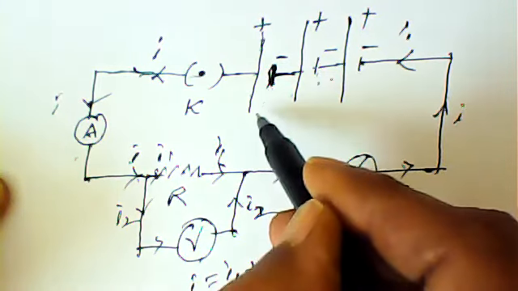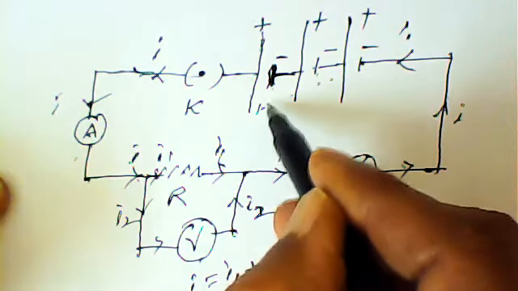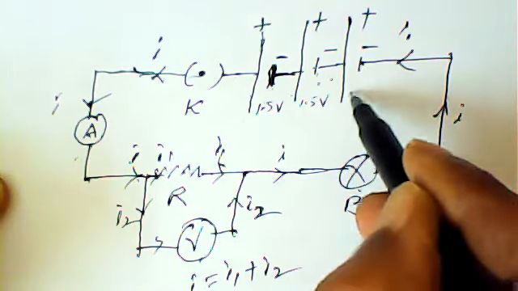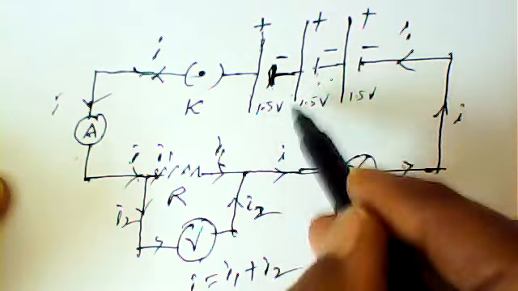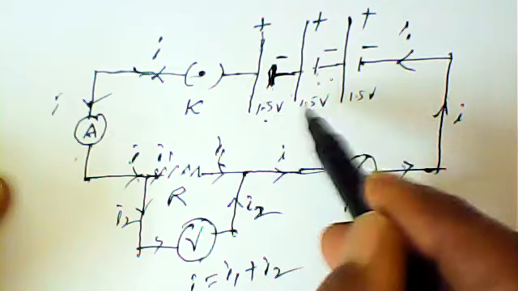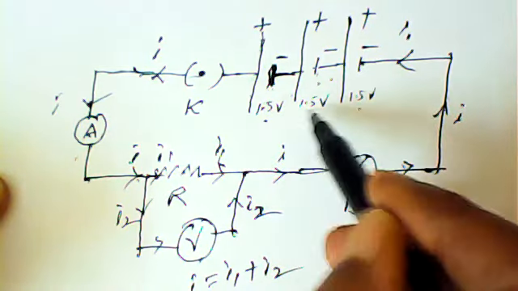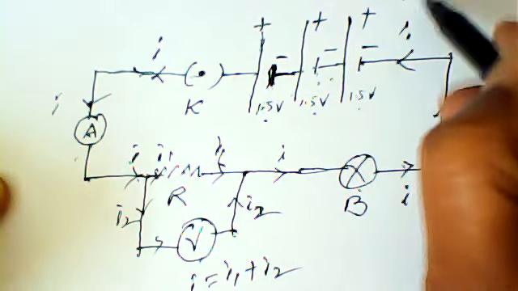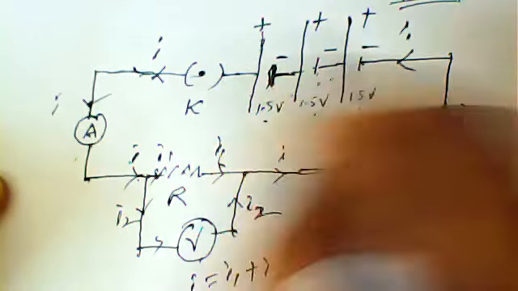So if these are the dry cells, each one is of 1.5 volt. This is also 1.5 volt. This is also 1.5 volt. They are connected in series. So in series, the total voltage is nothing but 1.5 plus 1.5 plus 1.5. So 1.5, 1.5, 3 volts, 3 plus 1.5, totally 4.5 volts of potential difference is passing through this,